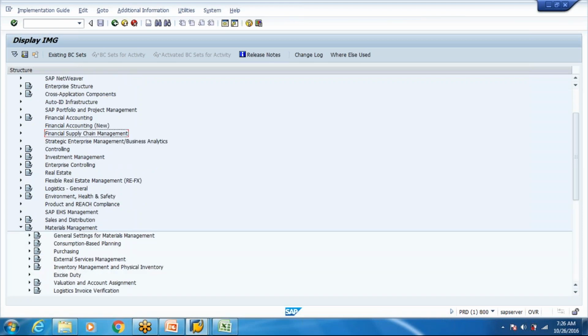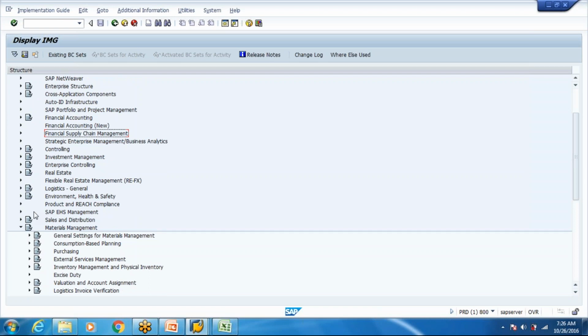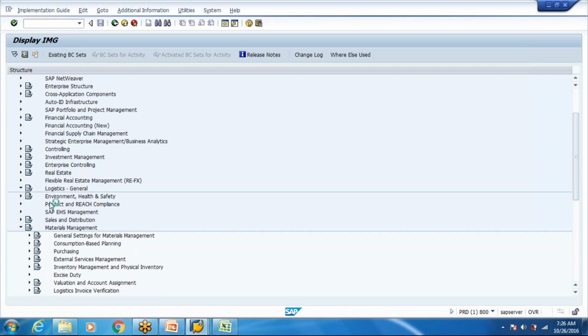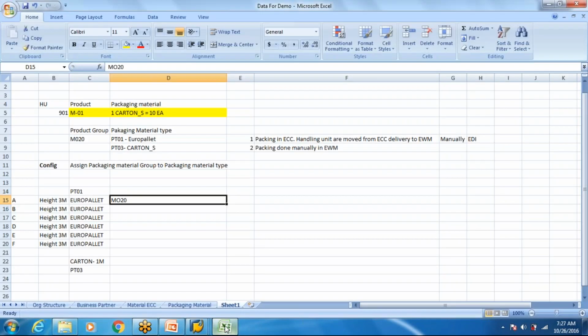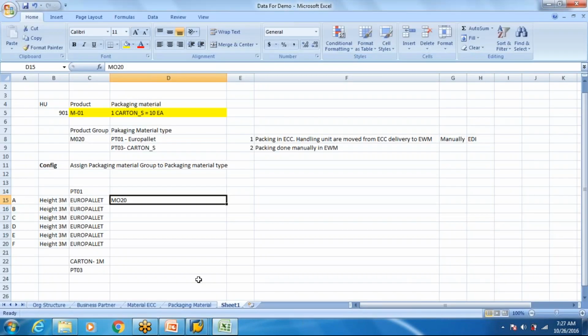Okay, so if I want to show you in ECC, it's in general. I mean, these restrictions are all pretty practical things, which are required in companies.